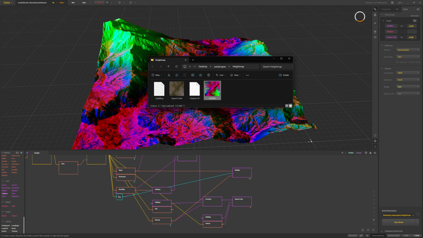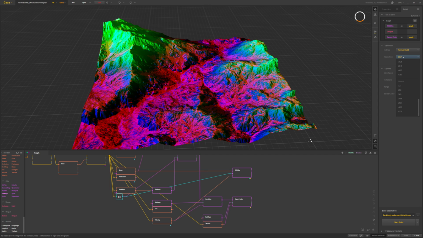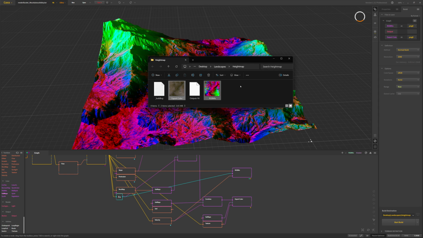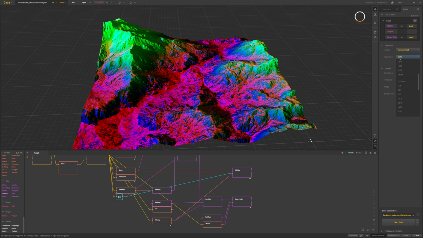So you might actually want to keep this output.r16, our height map, but then delete this RGB mix and this export color and re-export them as 2048 by 2048 resolution. It doesn't matter too much. Like you can still use a 2017 resolution one, but again, you won't get MIP maps or levels of detail in Unreal. So you probably want to export those out as 2048 by 2048,